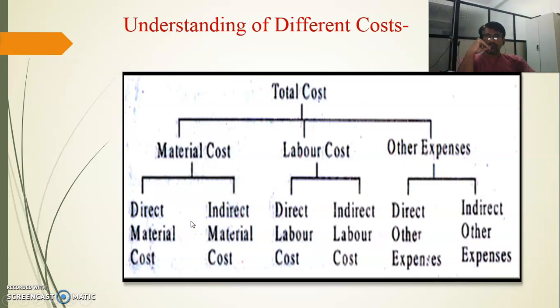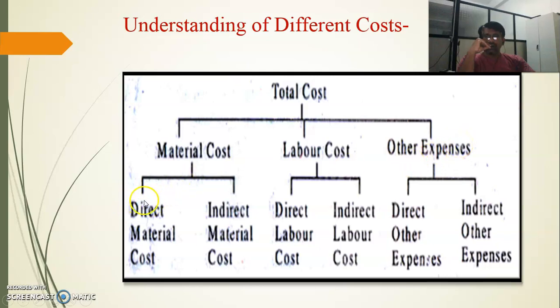Before that, we should again summarize one point, because in the numerical you should understand how to calculate the fixed cost and how to calculate the variable cost. And for that purpose, you should again remember the total cost of manufacturing. It gets split into material cost plus labor cost plus other expenses,